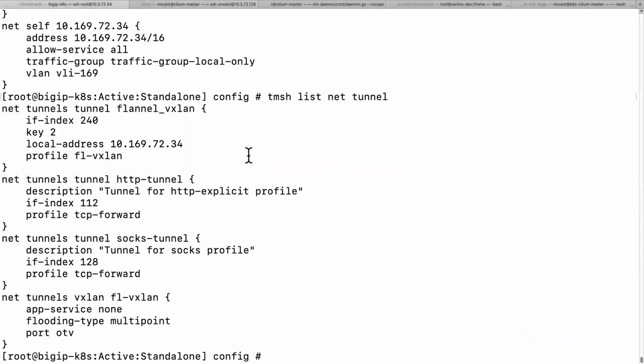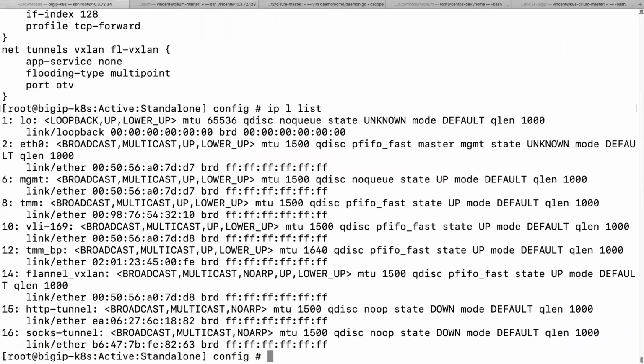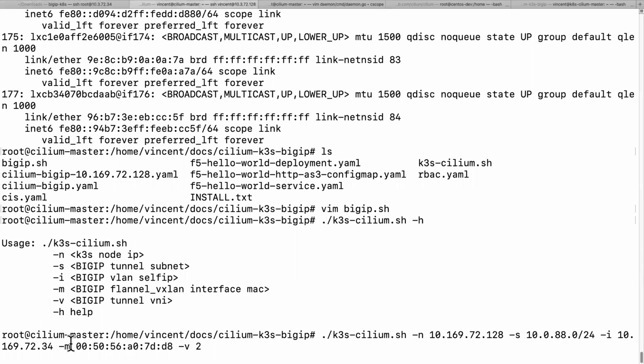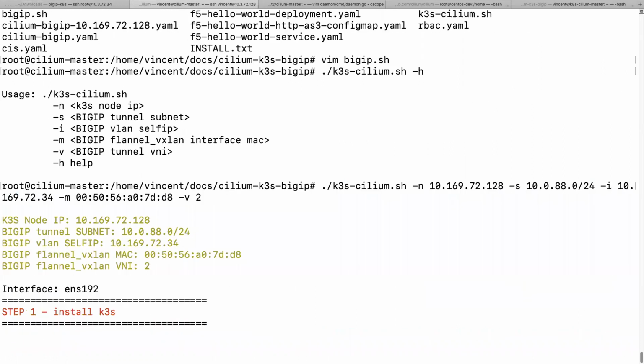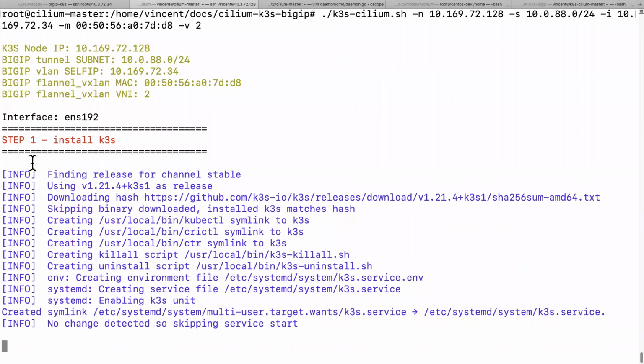So I can show you here. This is the final VXLAN interface on the BigIP. Once you set up the final VXLAN tunnel, that's the MAC address. And then here for -m, we give the same MAC address. So once I enter, this script will run and do everything for us. Let's just enter. So here is step 1,